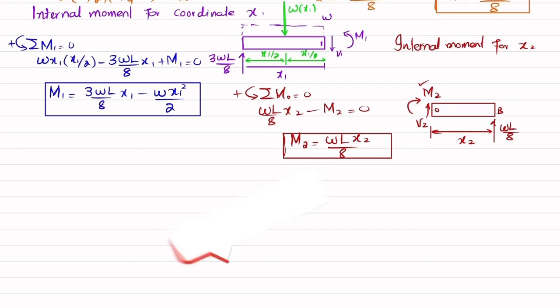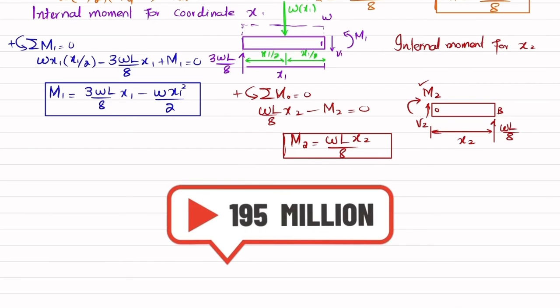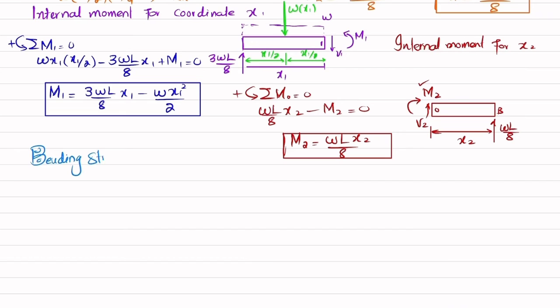Okay, so what we will do is that we know that the bending strain energy, let me write it, bending strain energy, which is equal to Ui, is equal to the integral from 0 to L of M squared dx divided by 2EI. We take EI as common, because we have two coordinates, so 2EI will be outside, and we will be left with